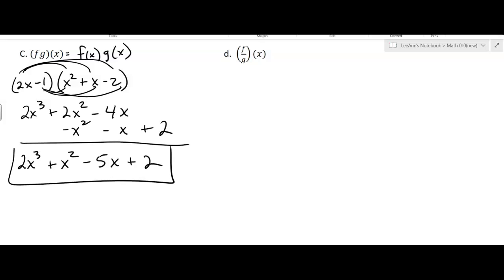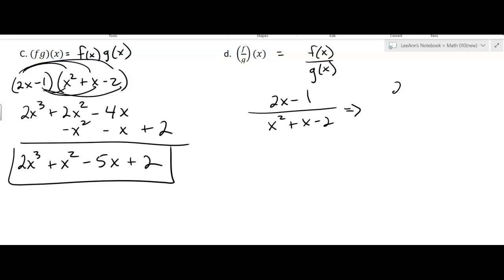Okay, and then we have one more. We have the division f of x over g of x. So we're going to say 2x minus 1 over x squared plus x minus 2. Now the only thing we can try to do is factor that denominator and see if it factors: x plus 2 and x minus 1. Let's see, that's how it factors, but nothing cancels out, so